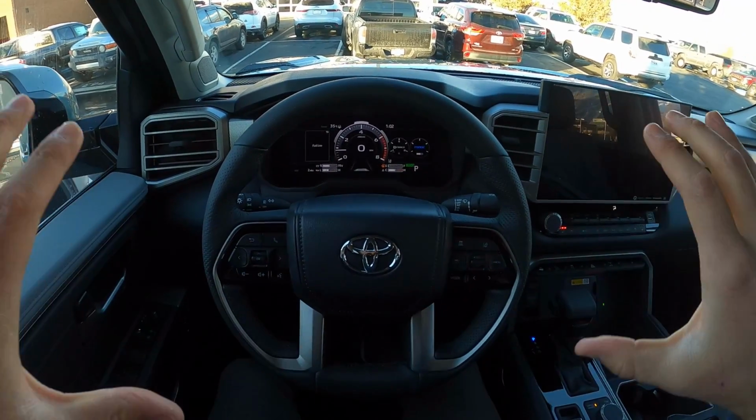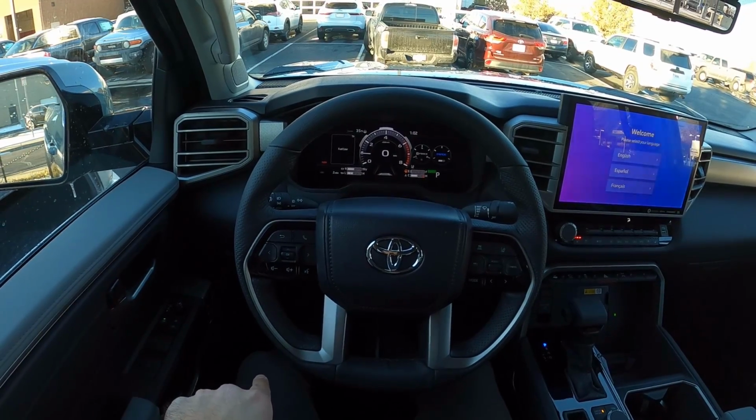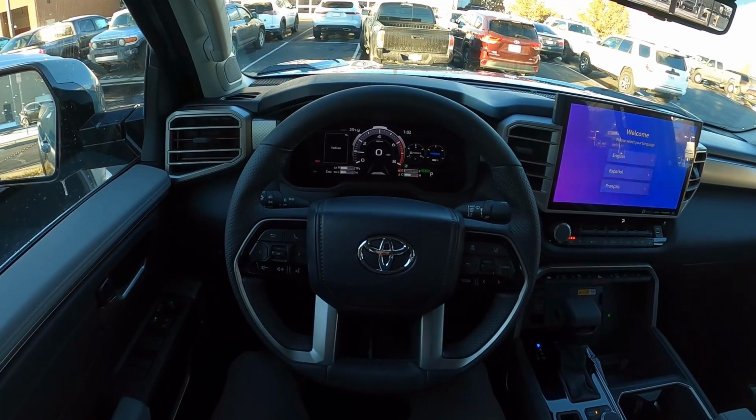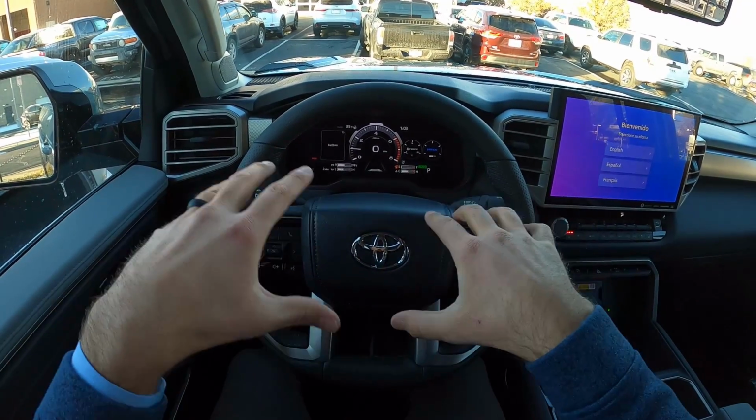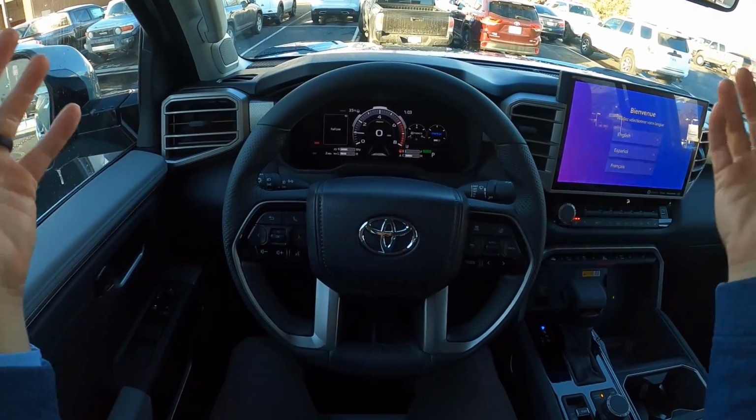But anyways, let me know what you guys think about this TRD Off-Road package, if you would get this or if you would try to find a TRD Pro and spend a little bit more money on that, considering that this is pretty much a TRD Pro without the TRD Pro stuff, because it has the hybrid powertrain and it has all the options. That's gonna sum things up with our video on this Limited Tundra with the TRD Off-Road